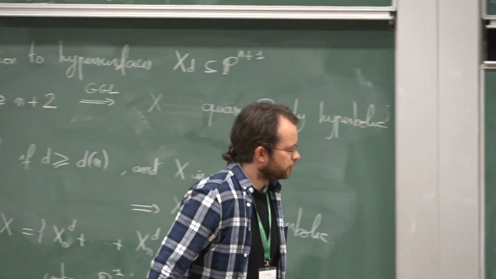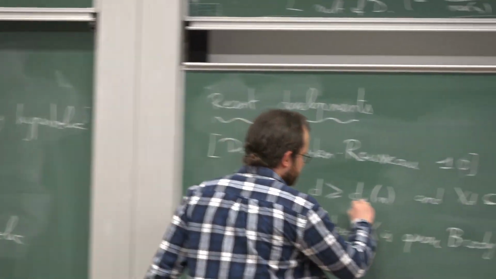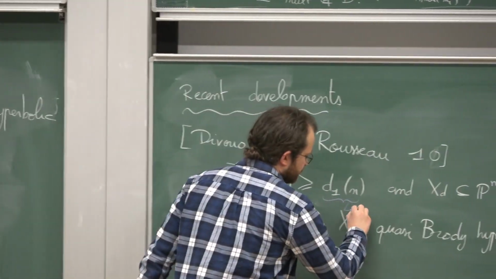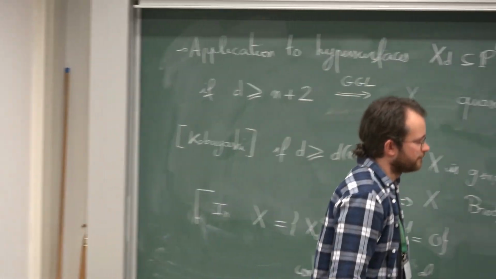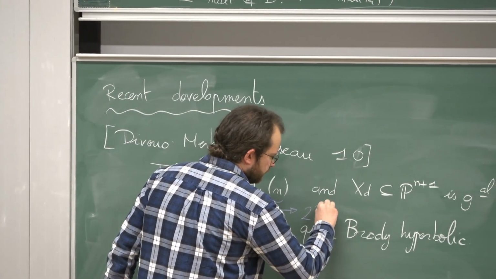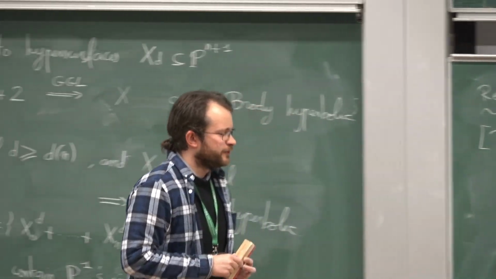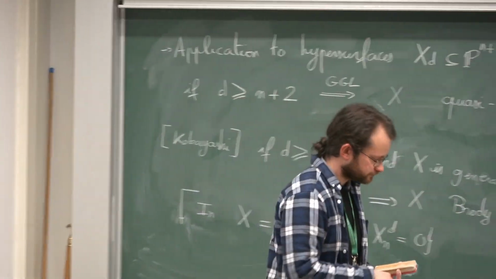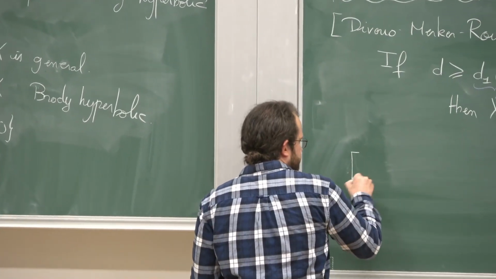Okay, and so I will write this because it will turn out to be actually the reason why we are here. It's this D1. So they gave the bound, so it was improved after that by many authors, but at this time I think the bound was 2 to the power 10 to the power 5, so it was a large bound. Okay, and about the Kobayashi conjecture,